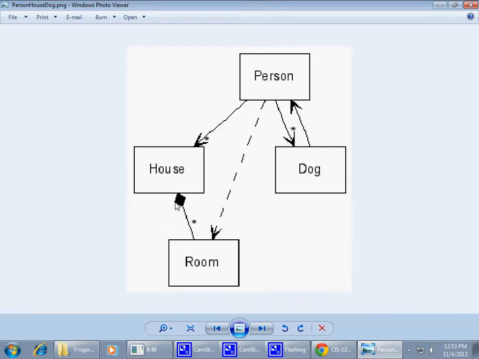Now, because there is no aggregation on this particular association, it is probably okay to create a person class and keep the house reference null or unassigned. There's also, it tells us that if there's a dog, right? So a person can have any number of dogs, right? From 0 to apparently any number of dogs here. And each dog, if the dog will exist, will also have a reference to the owner of that